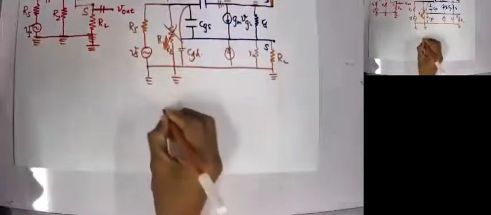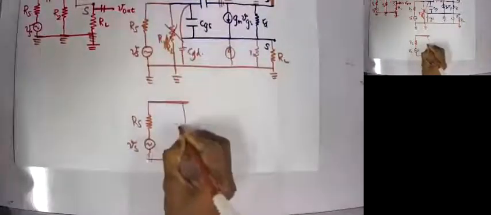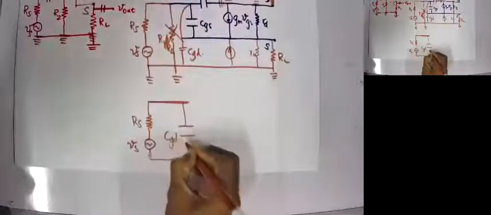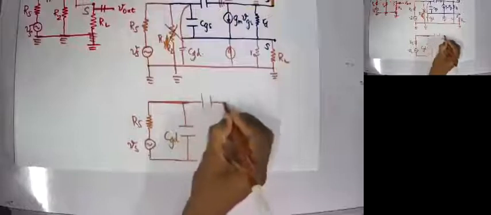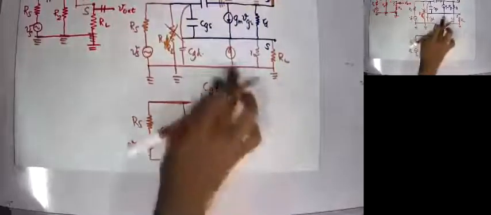So similar, if I draw the circuit, I would say yes. So R1 parallel R2 gone. So here I'm going to have RS, VS, right? And then of course CGD, this will not be there. So I'm going to have my CGD, and then this CGS will be across these two, right? CGS, and then of course this will be straightened, and here I am going to have my GM into VGS,